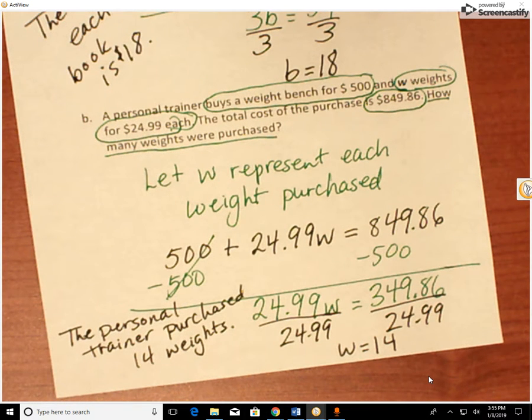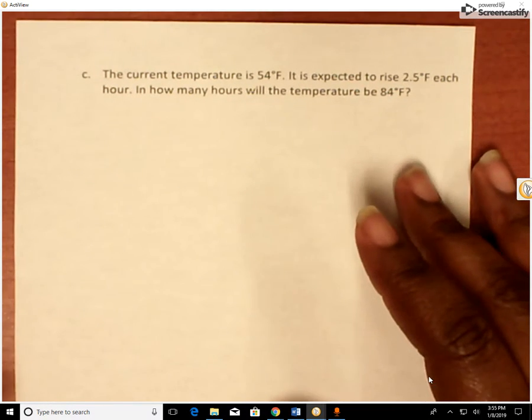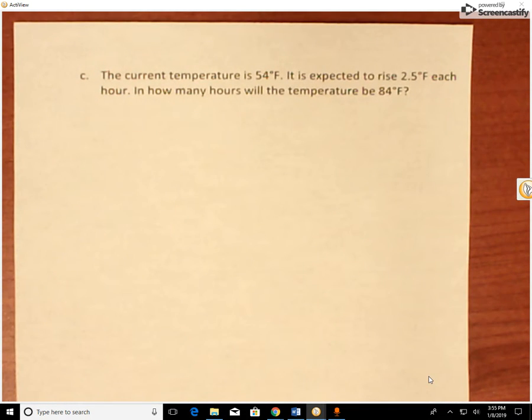So our very last question, which is C for our notes for today, it is about temperature. It says the current temperature is 54 Fahrenheit. It is expected to rise to 2.5